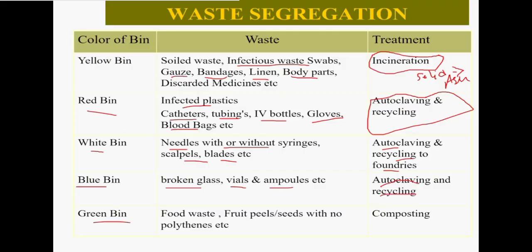नाउ नेक्स्ट, ग्रीन बिन जो होता है वो हम मेनली घरों में यूज करते हैं फूड वेस्ट के लिए, फ्रूट्स, सीड्स, विद नो पॉलिथीन्स एक्सेट्रा। जब हम सब्जियों और फलों को पील करते हैं, तो उनके जो छिलके होते हैं, ये सब फेंकने के लिए यूज करते हैं। अब घर का जो गीला कूड़ा होता है, वो इसमें हम डालते हैं, बट पॉलिथीन्स का यूज नहीं करते हैं, ओके।